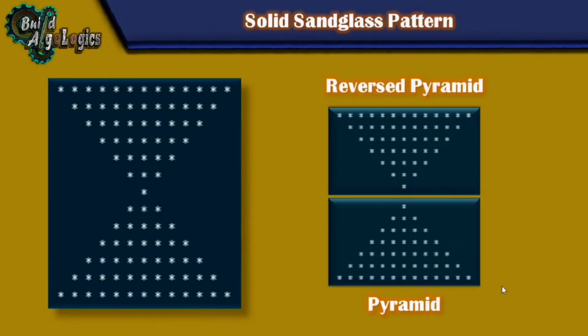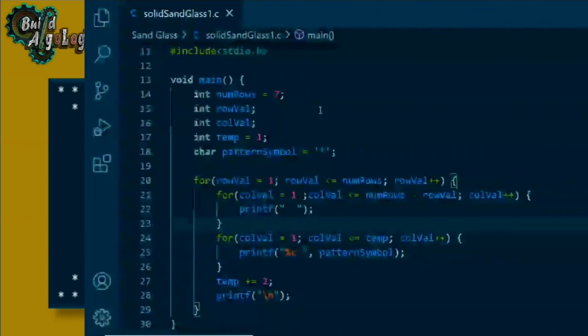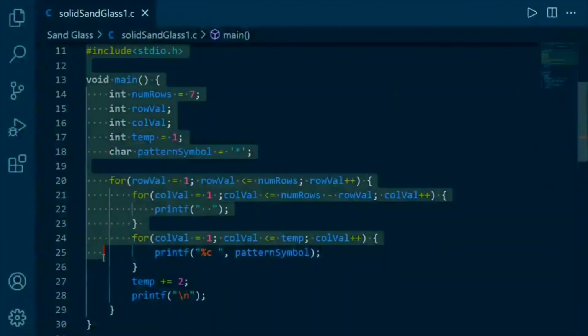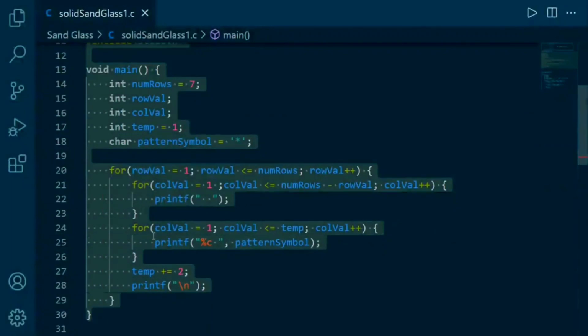Here in our first solution we'll build this pattern by merging these two patterns again like this. If you are unaware of these patterns, these are nothing but the solid pyramid and reverse solid pyramid patterns. You can watch their explanation in the above videos, and I have also included links for those videos in the description. Alright, so let's see this method through the code. Here we wrote this code for printing the pyramid pattern. Let's run it.